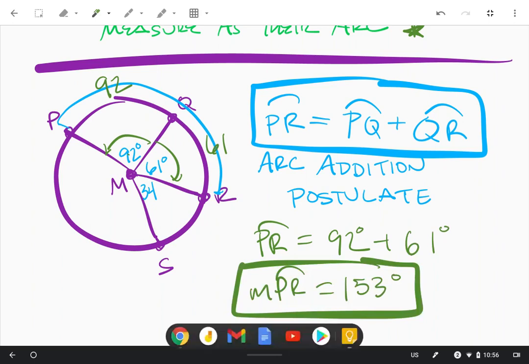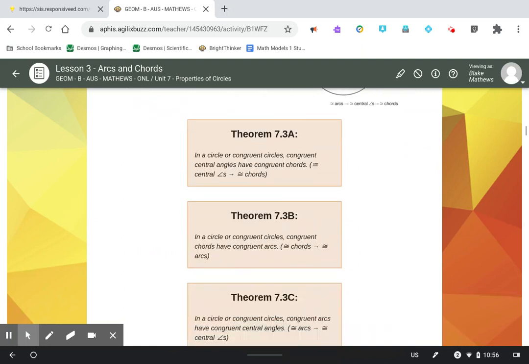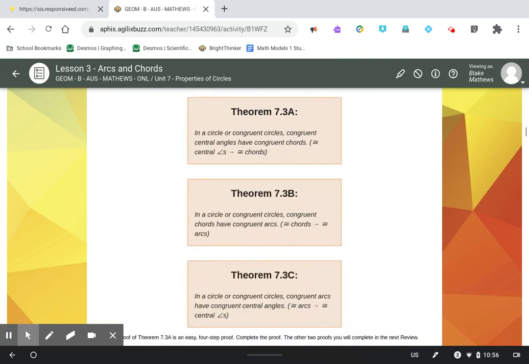Very similar to the segment addition and angle addition postulates we've covered in the past. Let's look at these three theorems. Theorem 7.3a: in a circle or congruent circles, congruent central angles have congruent chords. In other words,